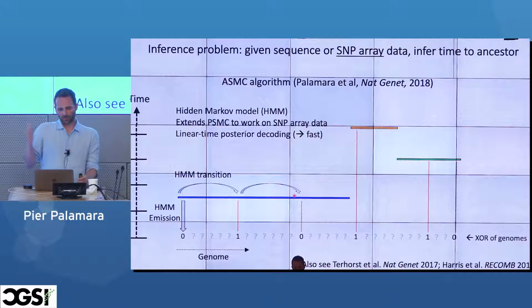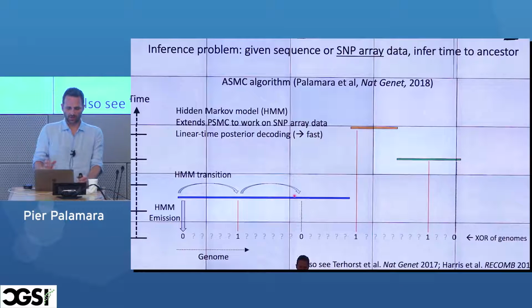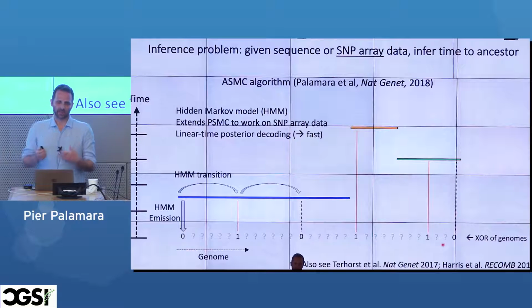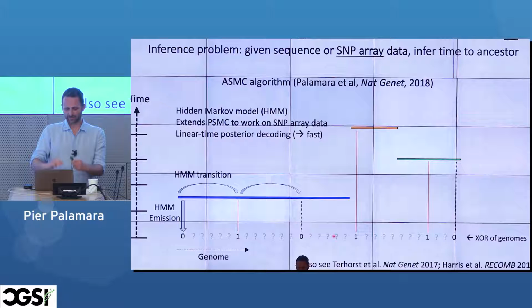So when you do forward-backward calculations in an HMM, you normally have to do a matrix vector multiplication a bunch of times, where the matrix is a transition matrix, and the vector is some state vector for the probabilities. And that would normally be quadratic in the size of the vector, which is the number of hidden states here. And you can actually leverage some symmetries in the transition matrix to make this become linear. So at the end of the day, you get something that is faster and can work on SNP array data. And the reason why we want to work with SNP data is that sometimes we have data sets for which we haven't collected sequencing. We have a lot of SNP data, and that's interesting to be able to do this kind of stuff.